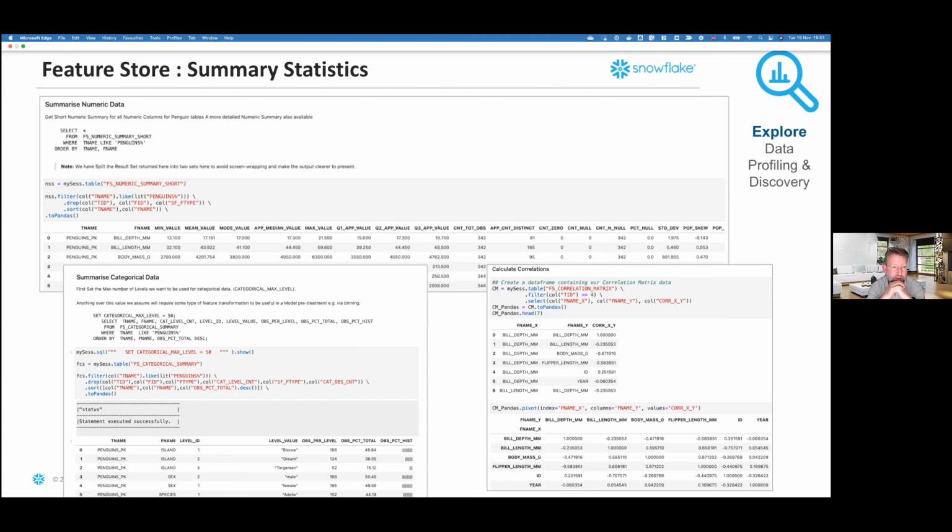So that CM pandas object we can see there, is that actually like a pandas data frame object? And if it's not, if it's your object, what kind of coverage do you have with the pandas API? Yeah, no, so what level of coverage, I should say?